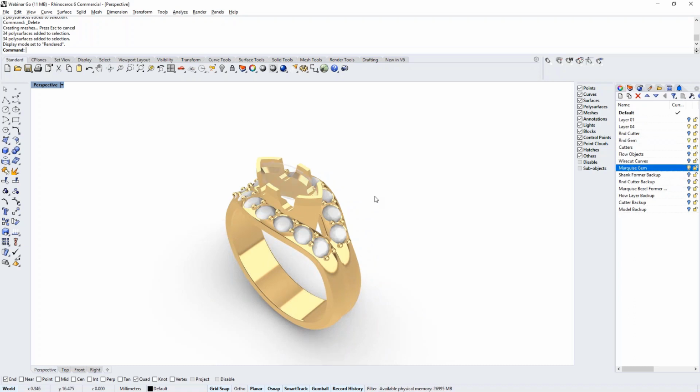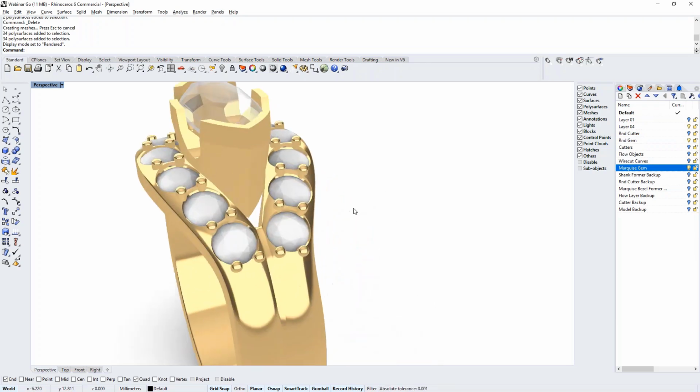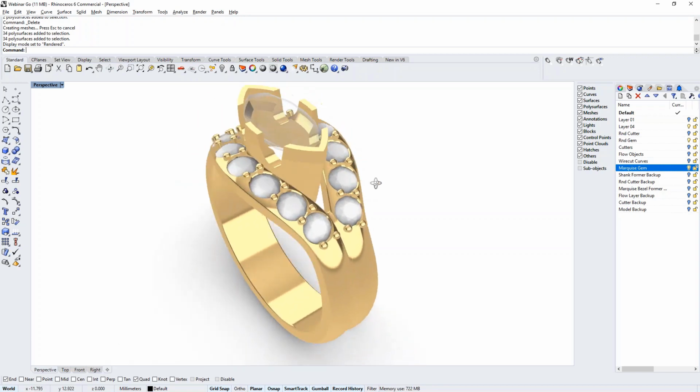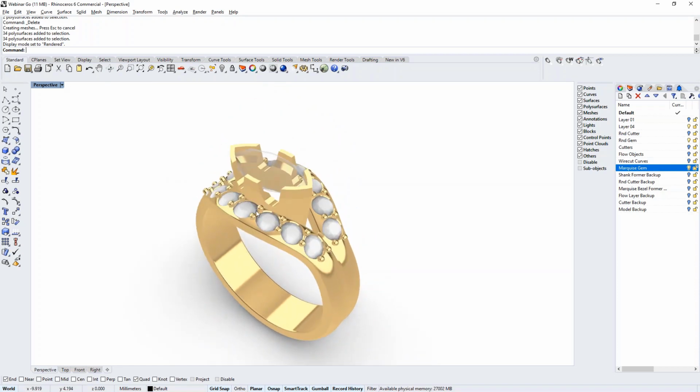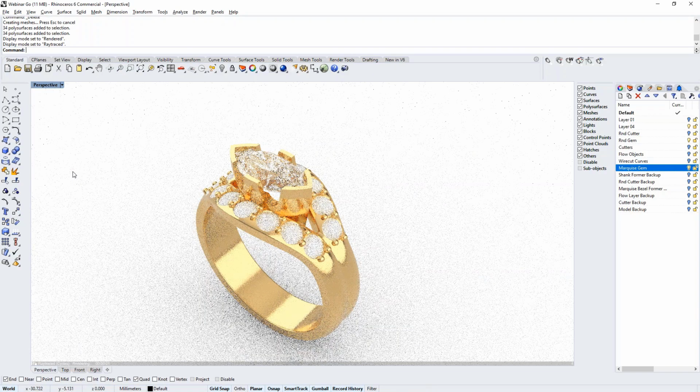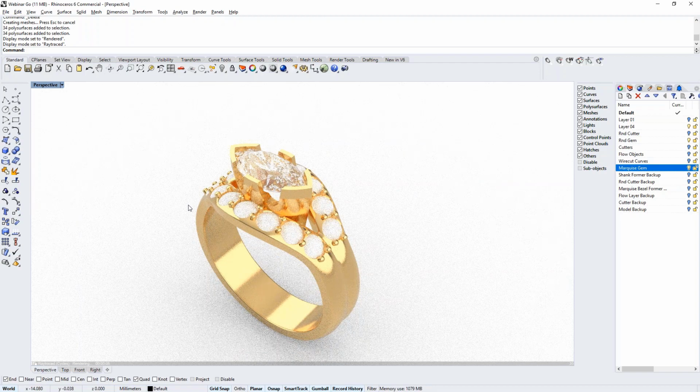Okay, in rendered mode, you can just barely see these things. In fact, I may have to select these gems. Let's see what this looks like in ray trace, though. I think I need to apply a material to these guys because they haven't had the right material applied to them yet. So ray trace is the